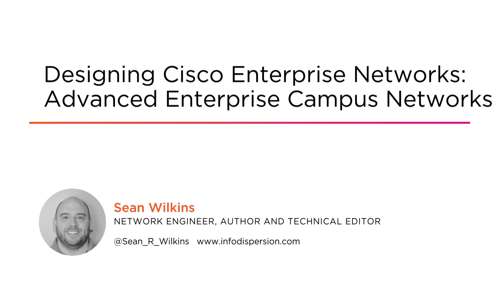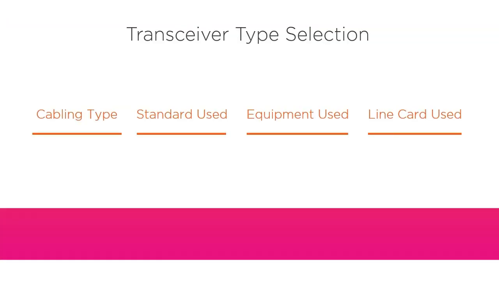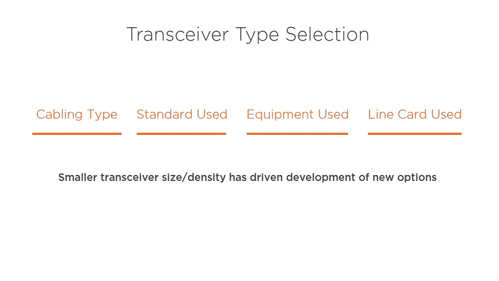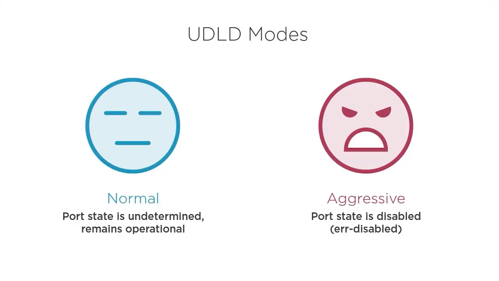I'm excited to welcome you to my course, Designing Cisco Enterprise Networks, Advanced Enterprise Campus Networks. This course is one of many courses that are being introduced into the Pluralsight library to cover networking design. While the network design topic generally can be thought of as rather dry to learn about, this course is structured to cover the topics at a pace that should keep the viewer's attention, while at the same time covering the